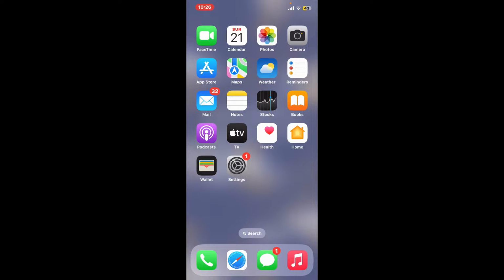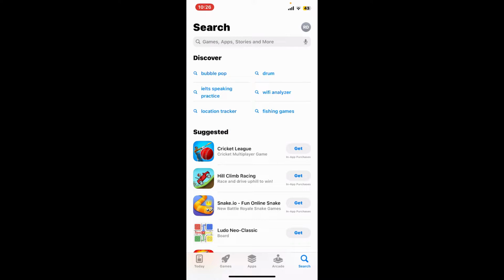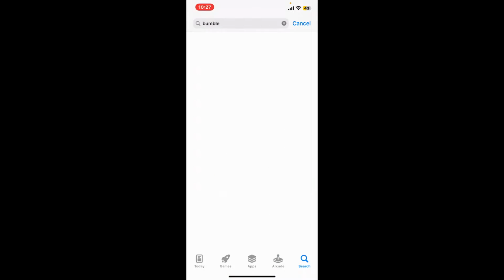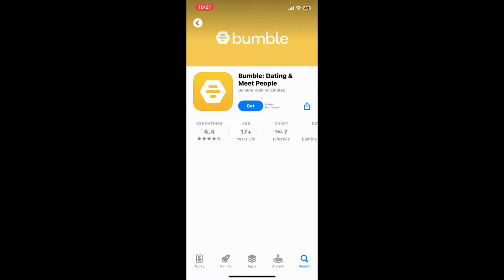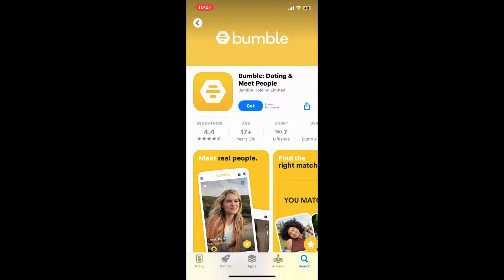So first of all, tap open your App Store, go to the search box at the top of the screen and type in Bumble and search. Look for this application from Bumble Holding Limited and tap on the Get button to begin downloading Bumble dating application on your iOS device. Now, wait until the application is downloaded and installed, and then you can access Bumble through